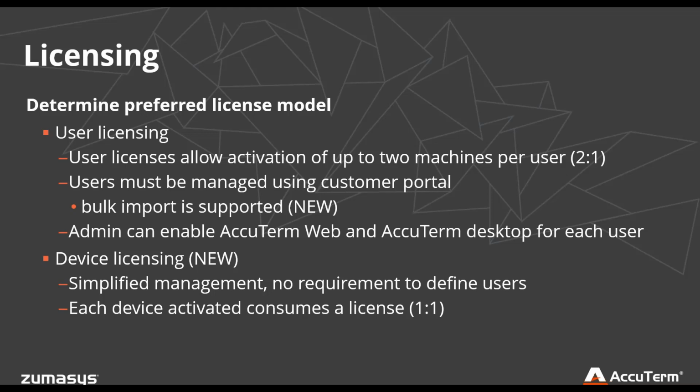which could happen. I mean, a user may have a laptop and a desktop, and the laptop might die. He needs to replace it with a new one. So the admin can come and deactivate his old laptop, and the user will have his second license key that he can put on the new machine.